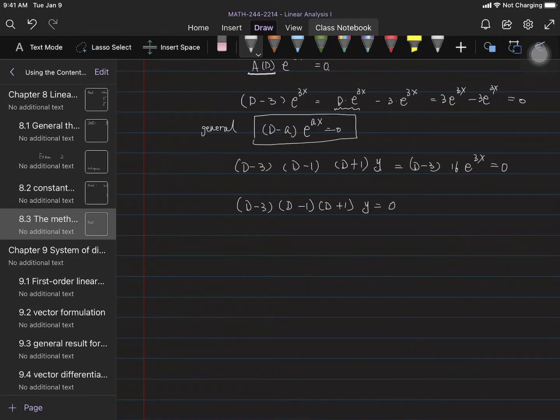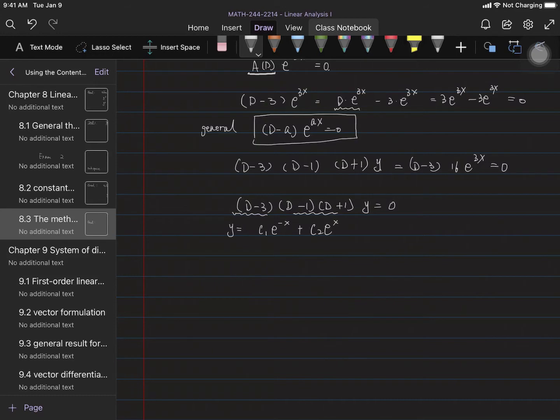And what's the solution to this one? The solution should be y equals... I'm going to write this at the end. So I'm going to write down the general solution corresponding to those two in front: C1 e^(-x)